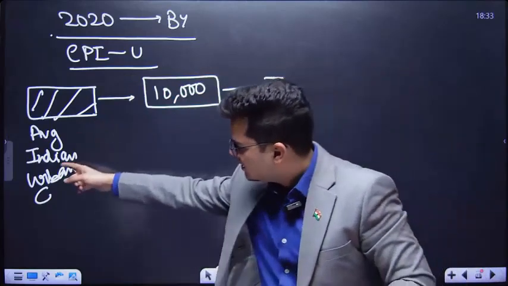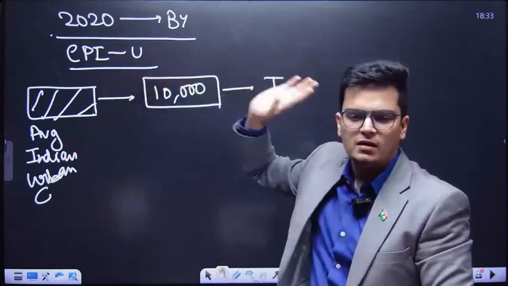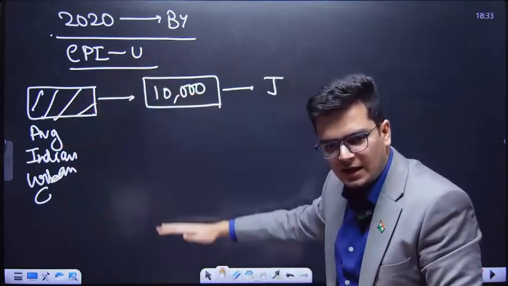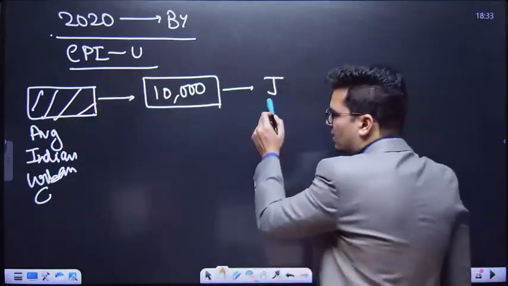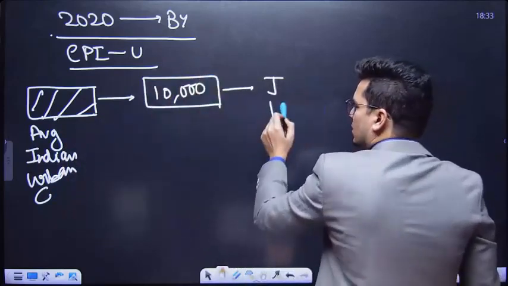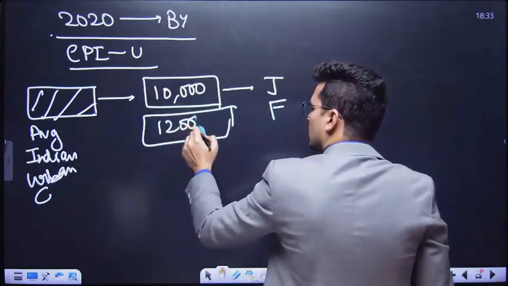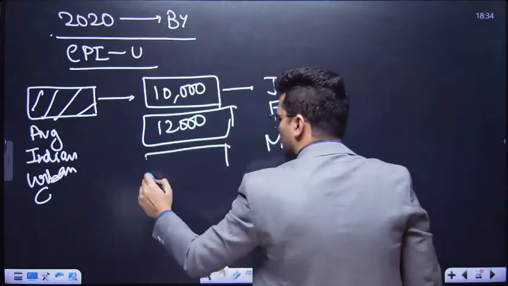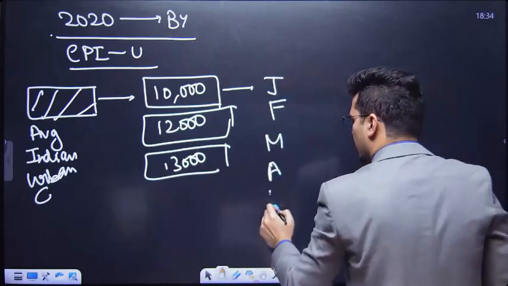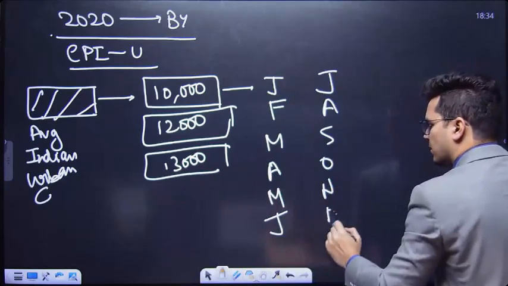ये एवरेज इंडियन अर्बन कंज्यूमर है तो ये सीपीआई अर्बन है, ये एवरेज इंडियन रूरल कंज्यूमर होगा तो ये सीपीआई रूरल हो जाएगा। तो मैं इस बास्केट को हर मंथ के लिए अलग अलग निकाल लूंगा कि जनवरी में दिस एवरेज इंडियन कंज्यूमर ने इस बास्केट को कंज्यूम किया जिसकी कॉस्ट 10,000 थी, फेब में उसकी 12,000 थी, मार्च में इट वाज 13,000, ऐसे आई विल मेक इट फॉर अप्रैल, मई, जून, जुलाई, अगस्त, सितंबर, अक्टूबर, नवंबर, दिसंबर।